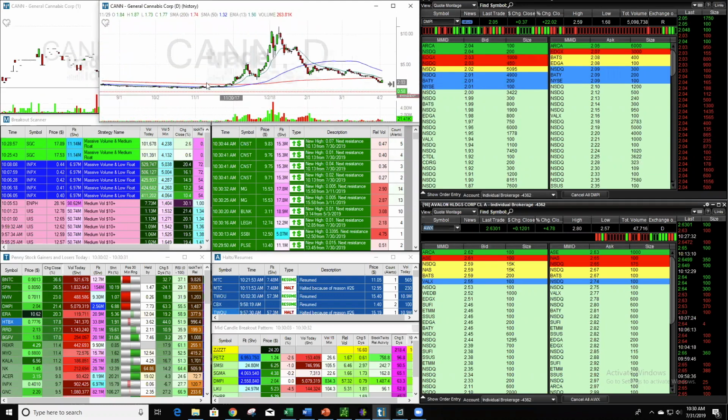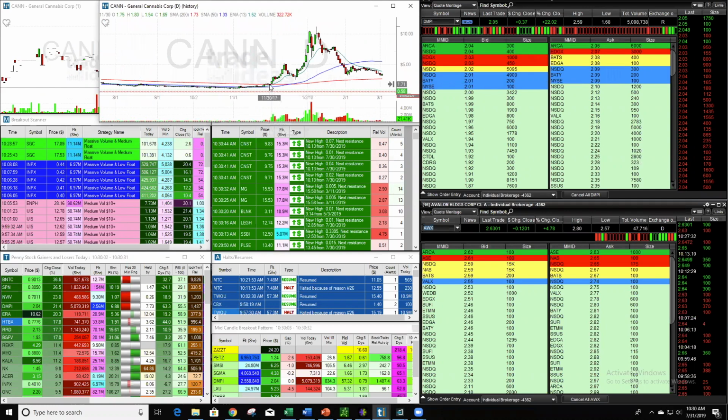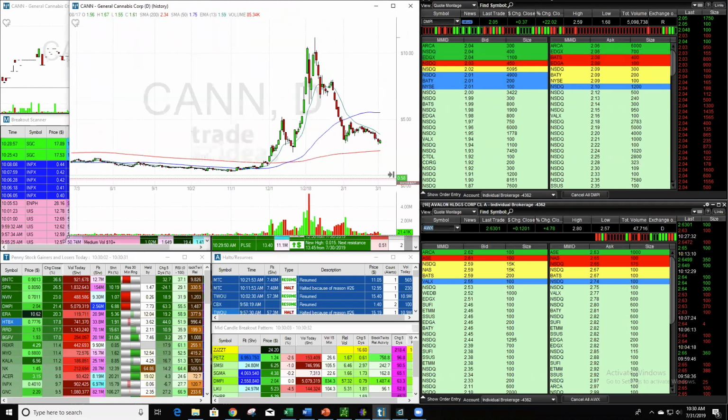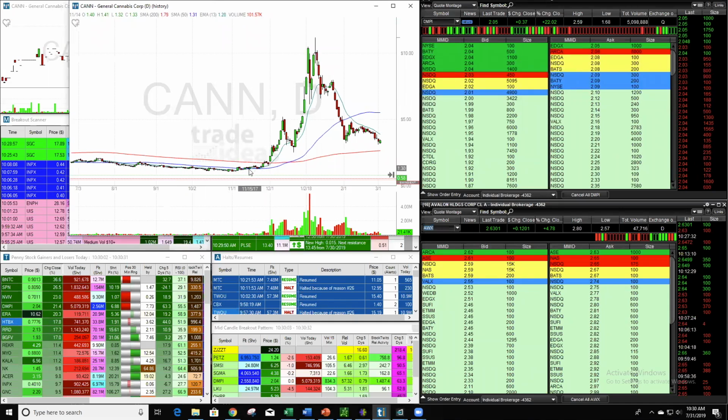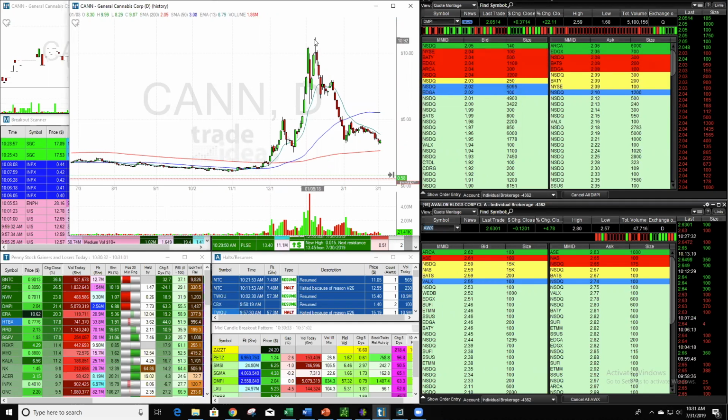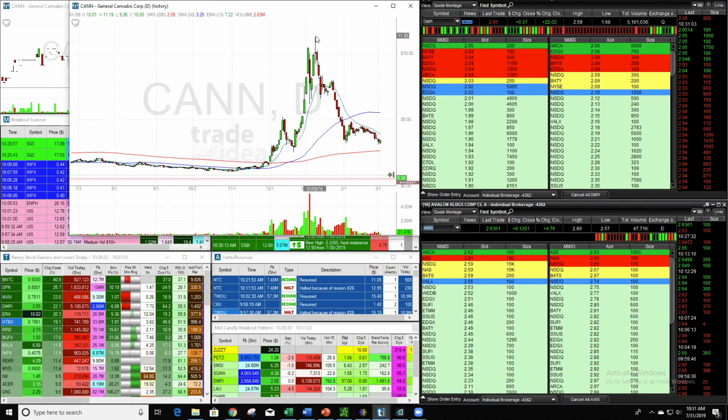This was about 1.5 years ago. CANN. Look at this breakout. And again, we can go back towards this. And look how big CANN went on such a massive move, such a massive run when this stock came and started breaking through this $1 mark, ran all the way up towards around $11. So with CANN, you could see when we really start pushing, when we really start taking off, when we really start breaking through these $1 areas, we can see stocks absolutely rip, absolutely run, get tons of activity, get tons of volume,